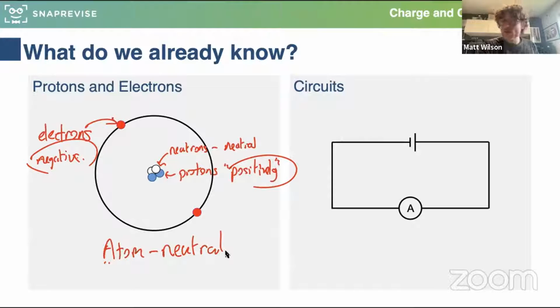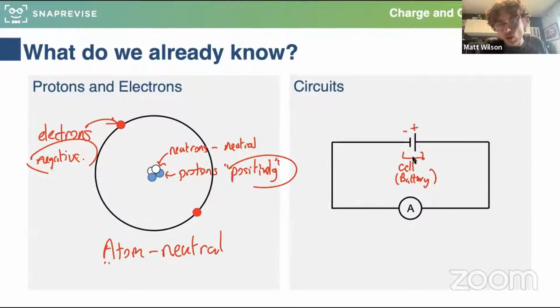So now we're going to go away from focusing on a single atom or a single particle to something much more zoomed out. We're going to look at a whole circuit. A circuit is made of wires. Wires have got loads and loads of atoms in them, and they've got loads of free charges, as we're going to learn later, that move around them. So don't worry if that doesn't make sense for now, but just as a little overview, if this circuit element here is a cell, in other words, it's like a perfect battery,